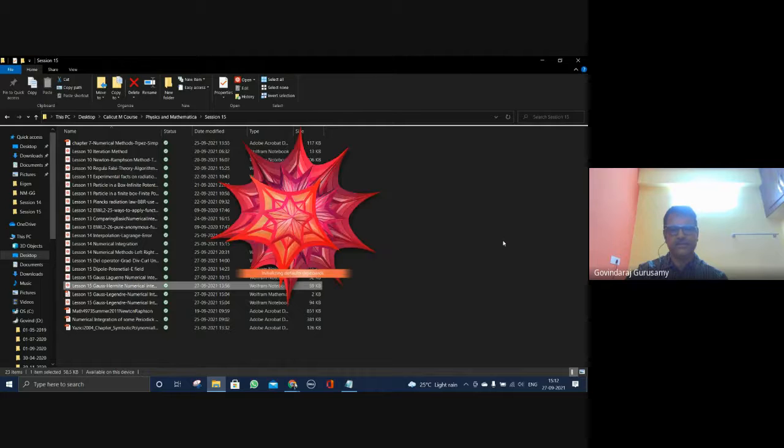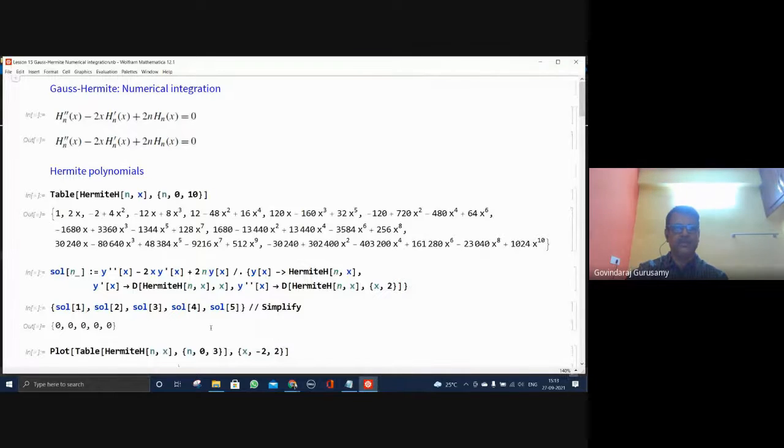Okay, this is again something new we are going to introduce. This is your differential equation. It is equivalent to writing y double prime minus 2x y prime plus 2n y equals 0. And you can see the Hermite H is the polynomial which is available in Mathematica. I generated 10 of them, tabulated from 0 to 10. I have taken 11